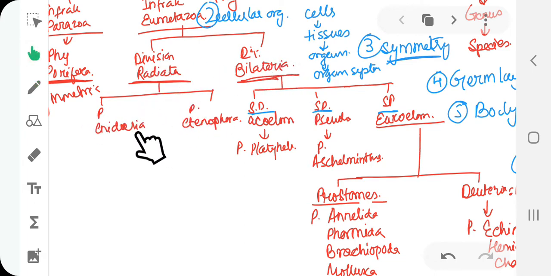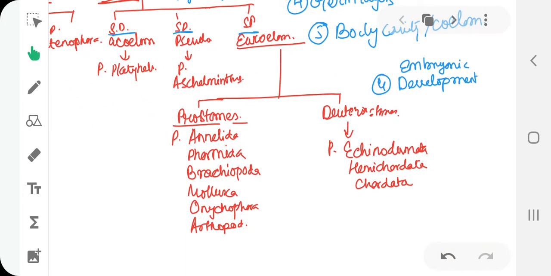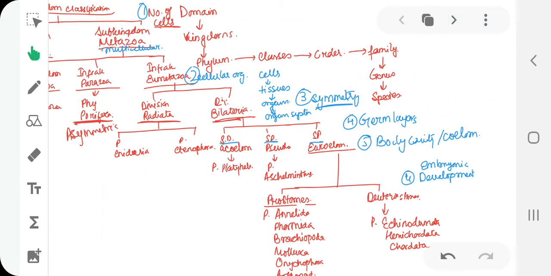So we can see the symmetrical differences over here. Are they radially symmetrical or bilaterally symmetrical? We also saw they can be divided on the basis of germ layers. Are they diploblastic or triploblastic? Then body cavity. So here are the body cavity divisions. Each of them will be having their own examples of phylums. Then we saw the eucoelomates, which is again a division of body cavity, and they are divided on the basis of embryonic development, and these are the phylums underneath that. We have to talk about each of this